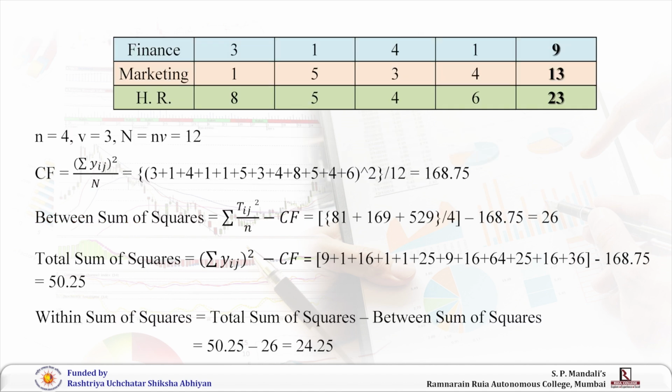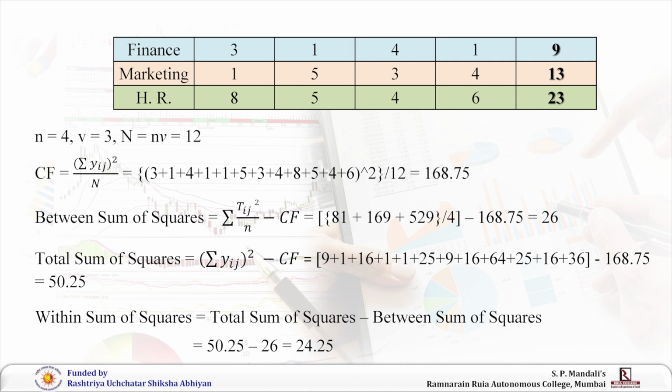Now, for this data, we need to calculate the various sums of squares required for the ANOVA table. We have 4 rounds of placement, that is 4 observations in each group, and we have 3 groups, the 3 streams of management students. So, the total number of observations that we have is 12. The first quantity that we need to calculate is the correction factor CF, which is given as the square of the sum of all the 12 observations divided by 12. So, if I add all the observations, square it and divide by 12, the value is